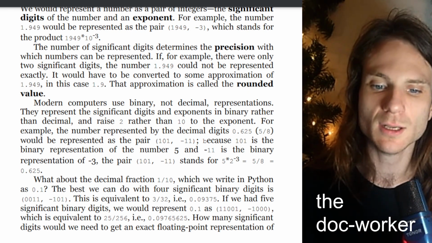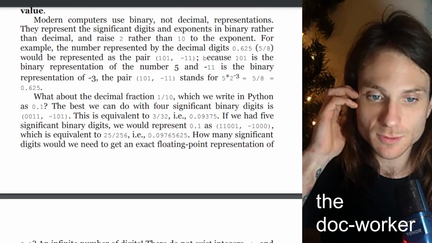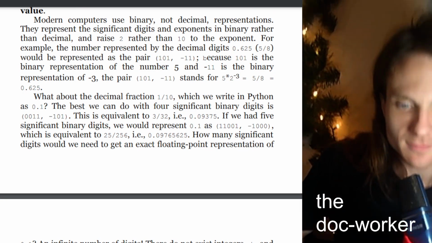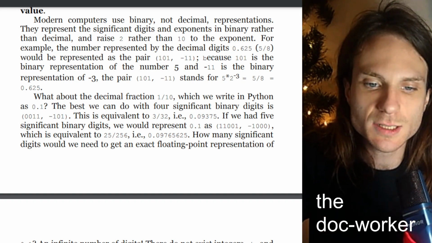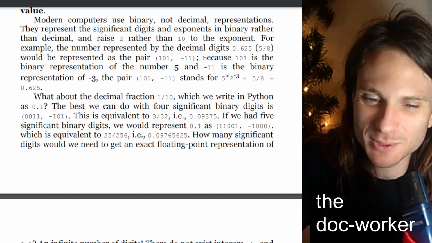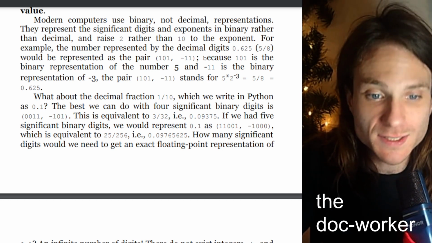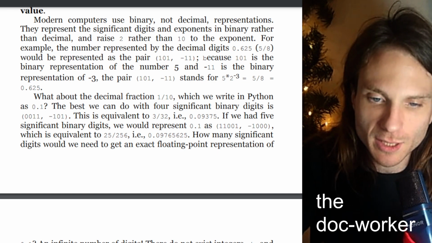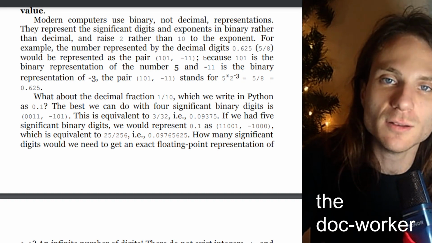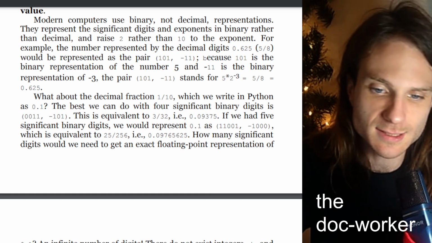What about the decimal fraction 1/10, which we write in Python as 0.1? The best we can do with 4 significant binary digits is 0011, negative 101. This is equivalent to 3 over 32, i.e. 0.09375. If we had 5 significant binary digits, we would represent 0.1 as 11001, negative 1000, which is equivalent to 25 over 256,